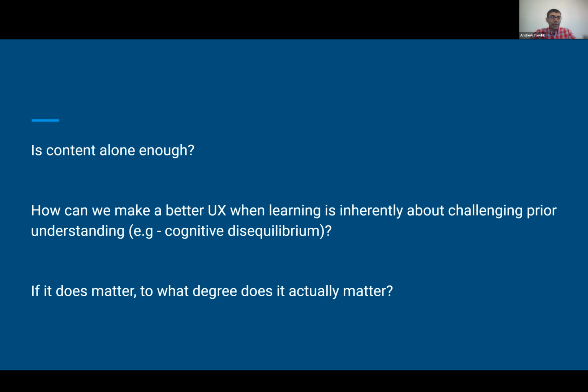Right, and absolutely, it can be really challenging to get it just right, just enough disequilibrium, but not too much. Present challenges as things that challenge their prior knowledge, but it's all being presented on that same interface. And I think that's the real challenge. Whenever we distinguish it from something more general, like just UX, those are the unique aspects of learning experience design. And then lastly, I'll jump in a little bit after this, but if it does matter, to what degree does it actually matter?